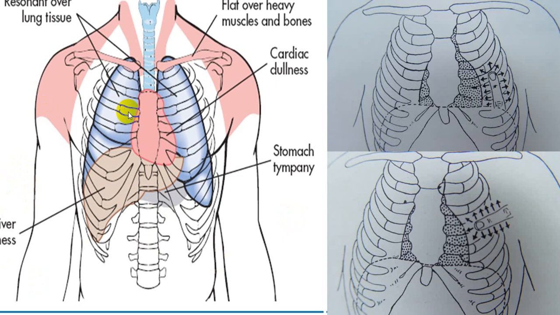So this is the normal area of dullness. So this is the right sternal border. So right border is just parallel to the right border of the sternum, and left is starting from the second intercostal space up to the apex, and apex is normally in the fourth or fifth intercostal space, just inside the midclavicular line. If you consider this as a midclavicular line, this is just inside the midclavicular line. If it goes grossly outside the midclavicular line, it is cardiomegaly. And if it is downwards and outwards, LVH. If it is just outside the midclavicular line, RVH.